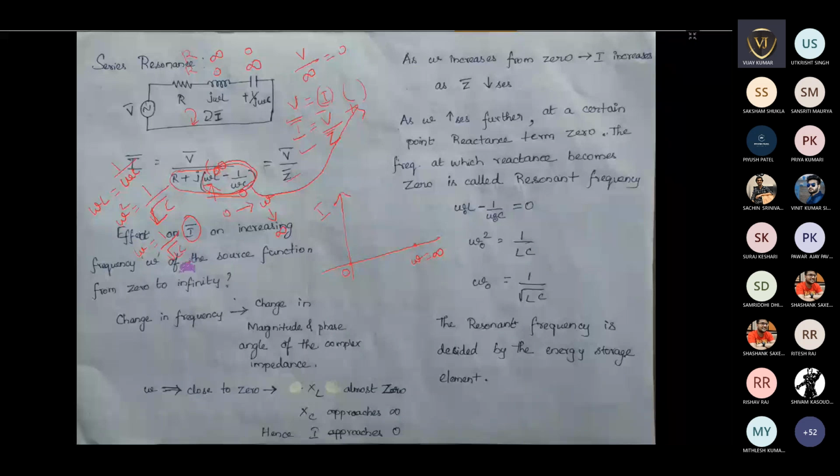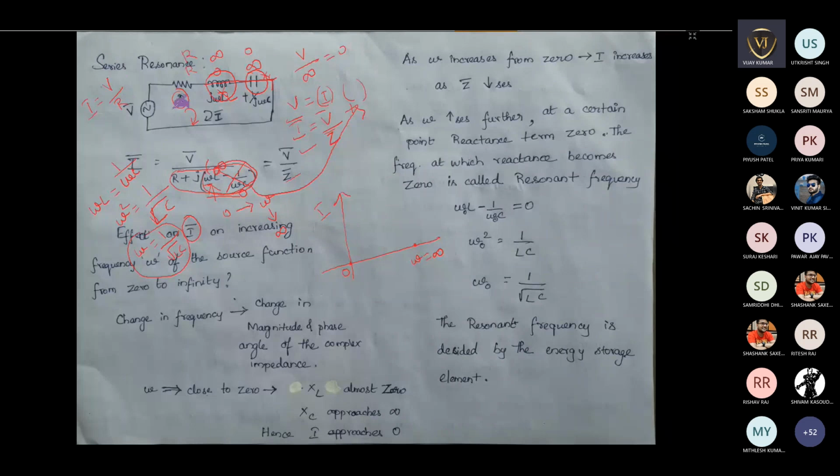If you keep omega is equal to 1 by root LC, then these two terms will get cancelled out. This is some XL value and this is some XC value. Both are opposite, so both will get cancelled out. You will get a circuit like this. At that time, the impedance offered by this inductor and this capacitor becomes negligible, because both are cancelling each other. So at that time, we have only one resistance, that is R, in the circuit. So the current can be given by V divided by R.